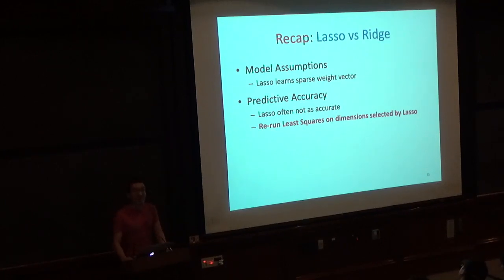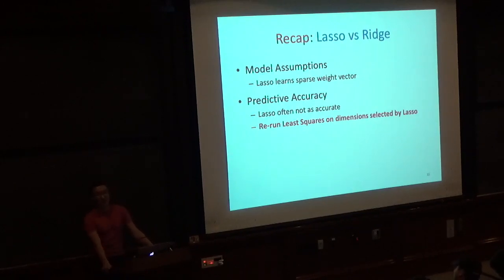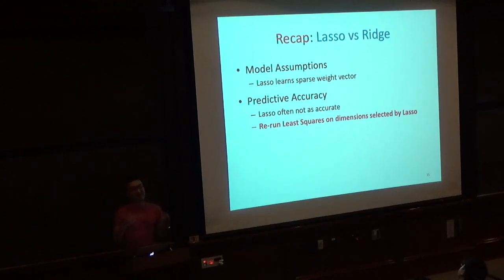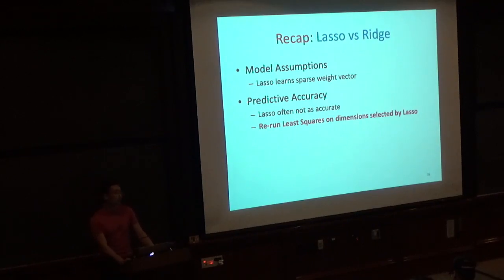Yes? Is there any benefit to doing that over other dimensionality reduction techniques? So it depends on the nature of the dimensionality reduction. If the dimensionality reduction is feature selection, which is simply saying, I want to learn a linear model in my original feature space, and I just want to choose a set of features, this is one of the better, more popular techniques. There are other forms of dimensionality reduction, which we'll cover later in this class, that do some transformation of the data. That's a different style of dimensionality reduction, such as principal component analysis. We'll cover PCA and SVD later in this class. So it depends on what you're looking for.